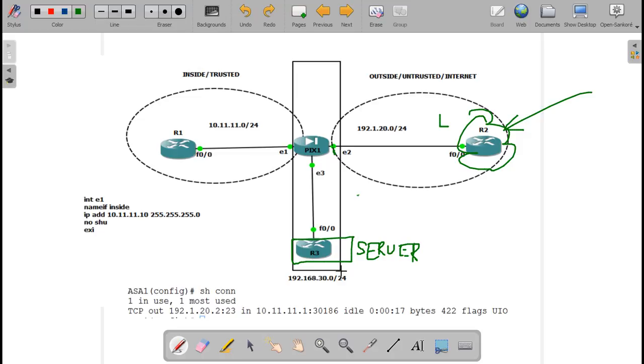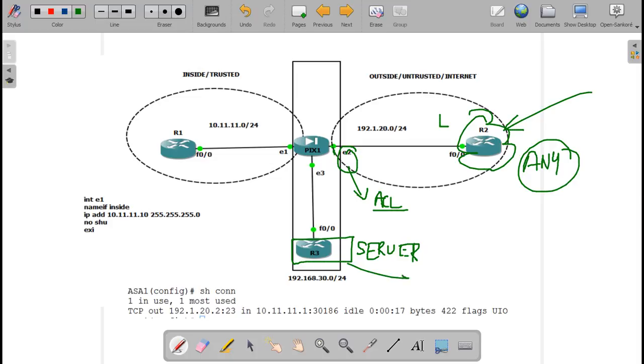For that, what you will do is on the E2, that's the outside interface of the firewall, apply an ACL for any traffic. So your source in the ACL will be what? Any traffic from the internet coming to what? Destination will be your R3.